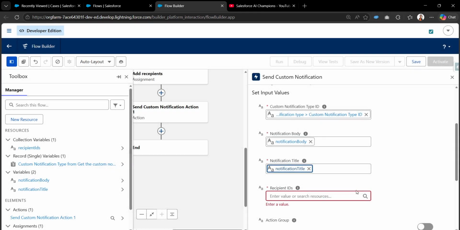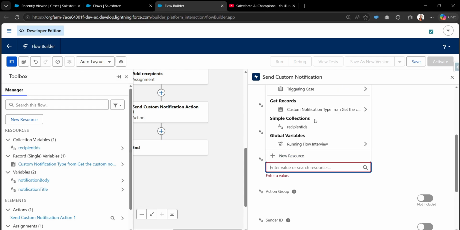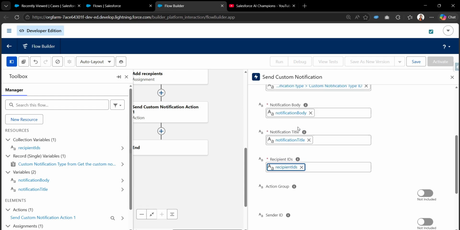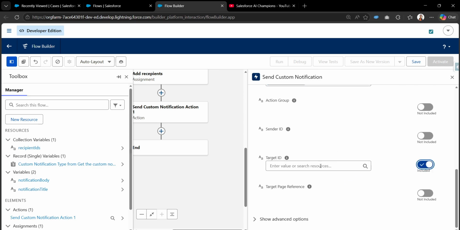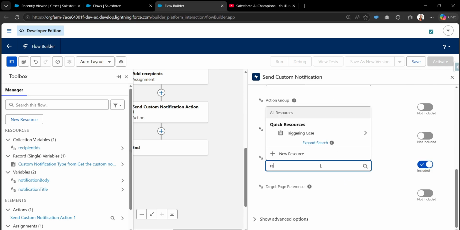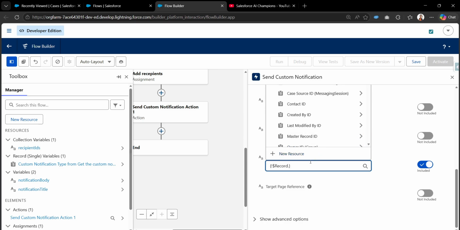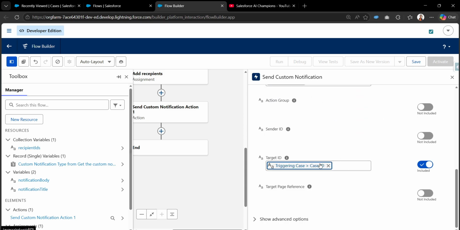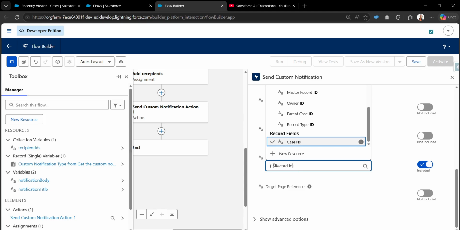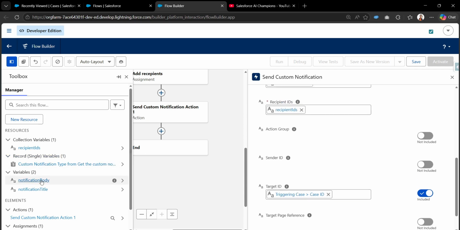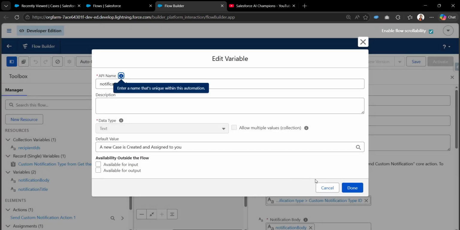I'll just simply click on done, and in the recipient IDs I just need to pass that collection variable, and finally in the target ID I just need to pass the triggering record dot id, right? So I can just copy this one. There should be exclamatory and then dollar, right? So this is how we just need to configure the